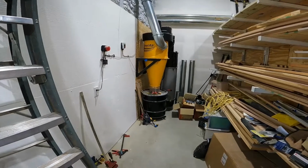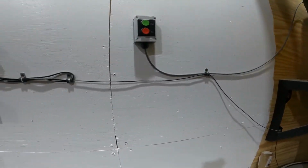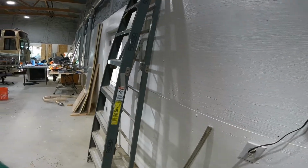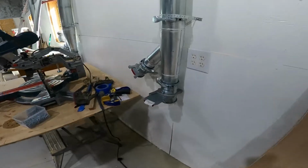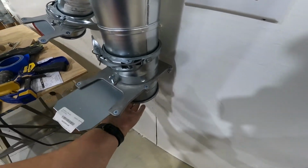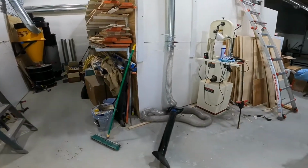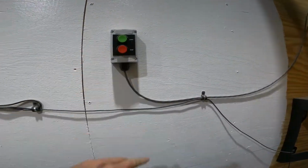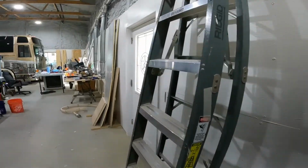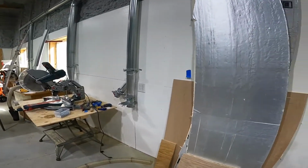So that's all working, and it actually works, and you can hear it. Okay, so now I can start doing some work inside now that it's cold,